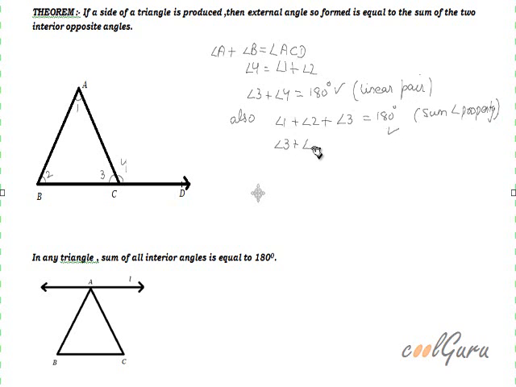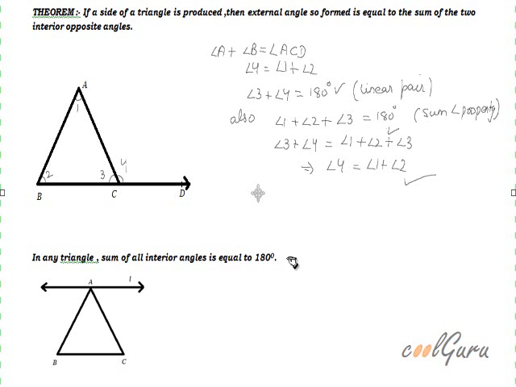Angle 3 plus angle 4 is equal to angle 1 plus angle 2 plus angle 3. Angle 3 is on both sides, so we can cancel out this angle. So what we get is that angle 4 is equal to angle 1 plus angle 2. This proves our result. Now consider another statement, that in any triangle the sum of all interior angles is equal to